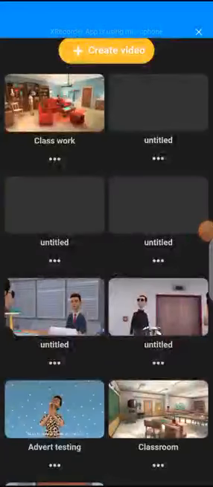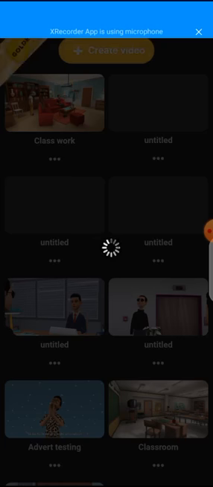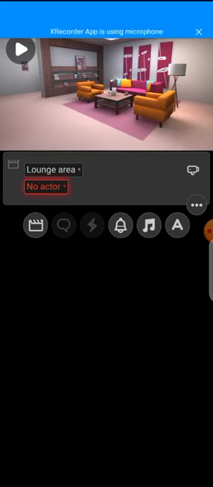Let me quickly show us how to go about our Plotagon app. So when you come here, you click on create video. You give it some time to load. Now, like I did tell us, by default, it will load any scene of its choice. If you don't like it and you want to change it, you will click on where you see the scene highlighted,